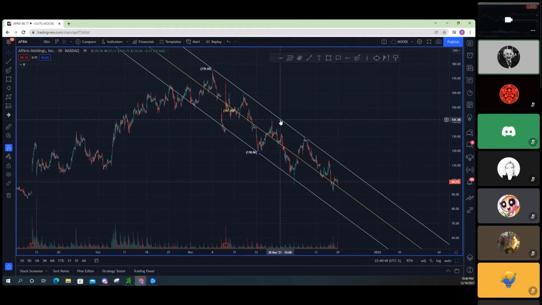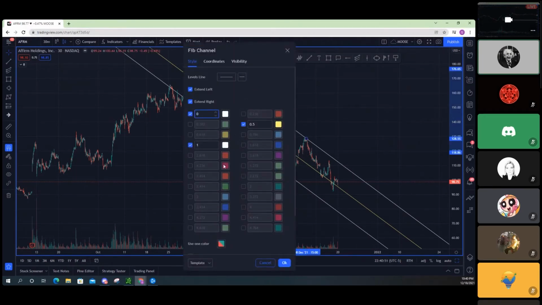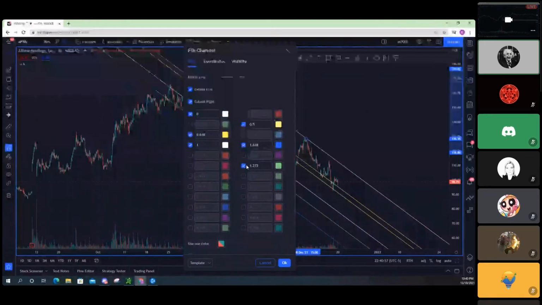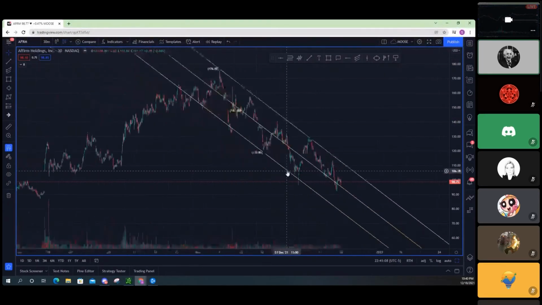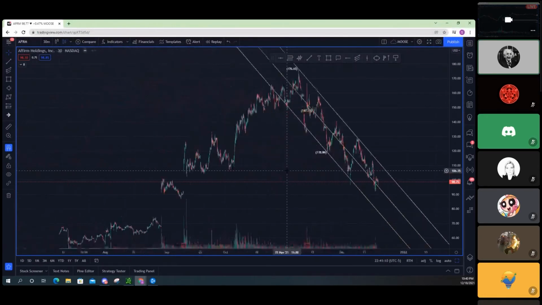And if you wanted to add more stuff, you can actually add 61.8. You can add 1618, you can add 127 channels, and so on. But I just use it for purposes of having the 3 lines. Okay. So this is me using the channels, and I'm looking, okay, when you find a confluence point, especially when you